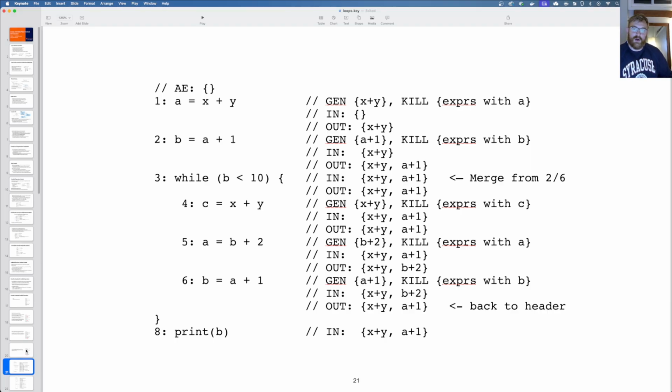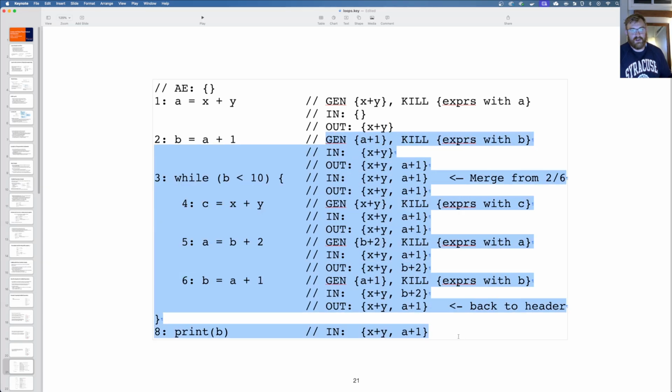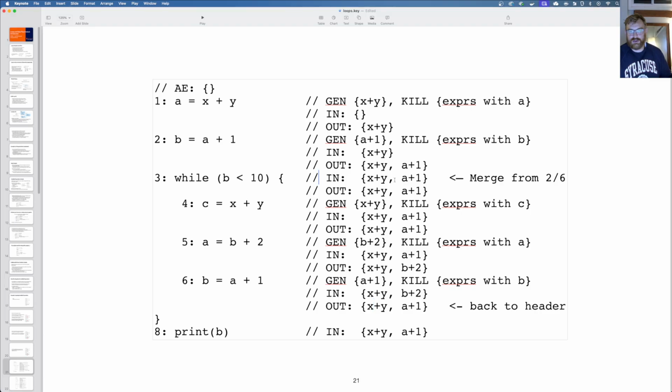Just to see a slightly more complicated example, here I've got one where I generate x plus y. I would have killed anything containing a. My in set is empty. My out set is x plus y. This is the result of the full thing happening. The interesting part is that we're merging the set coming from 2.